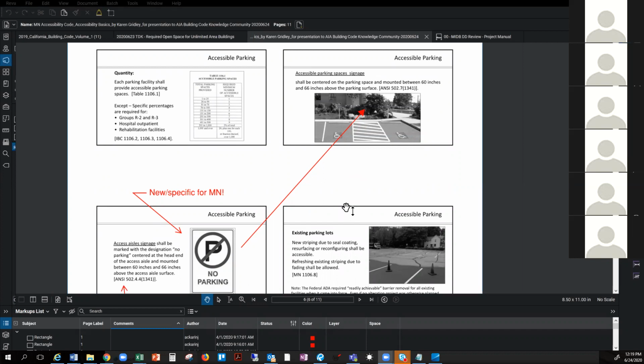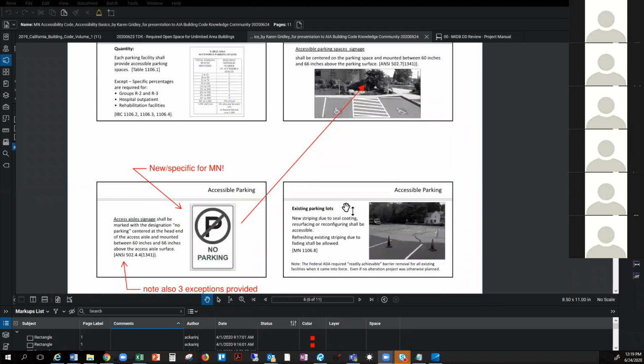And one of the items that came up for that accessibility group, which was part of our committee, was very specific for Minnesota. And it probably goes without saying, but it's about snow. And if you have